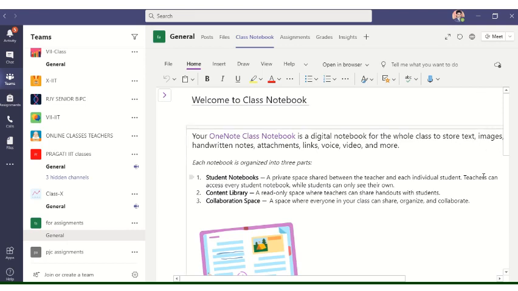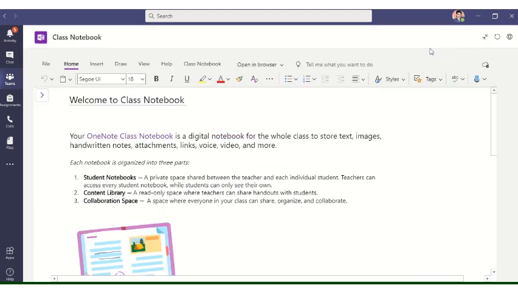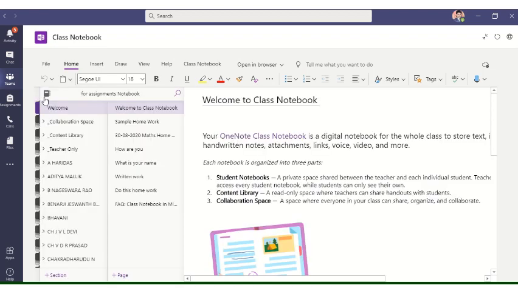This is the OneNote page actually. To view this screen in full mode, just press here, expand tab. You need to expand the tab to view this in full page mode. Here on the top left side you will find an arrow called the navigation panel. If you enable it, you will find a list. These are called sections and these are called pages.